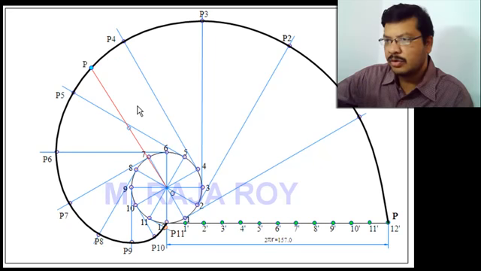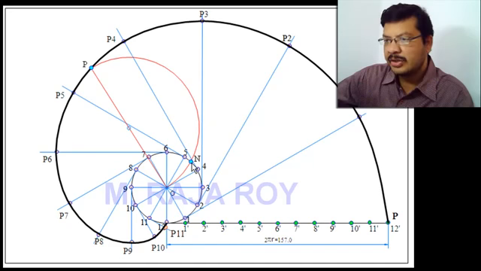While drawing semicircle, you have two possibilities. You can draw the semicircle in this direction and you can draw the semicircle in the opposite direction. But you have to choose the direction in such a way that here your point is in between P4 and P5. So this semicircle must intersect this circle which is generating involute in between 4 and 5. If you draw on the other side, you won't get the intersection point in between 4 and 5. So that is the precaution you can take. So this intersection point of this semicircle and this circle you call as some N. So here this N must lie in between 4 and 5 because P is in between P4 and P5.